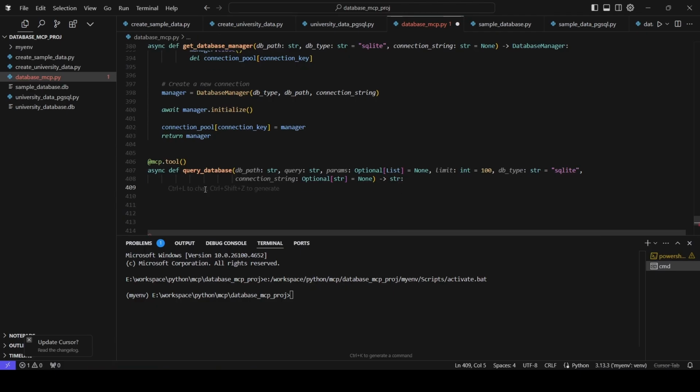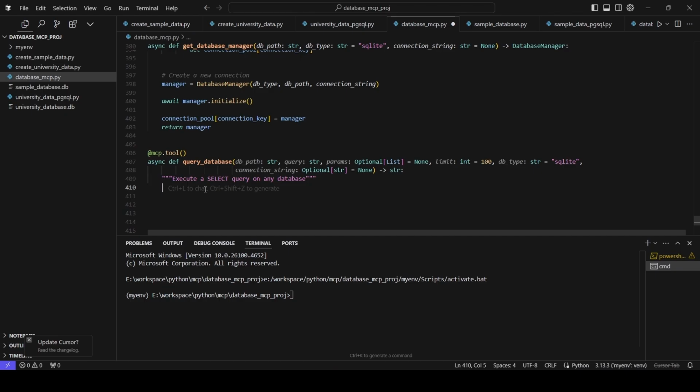Then we will write the docstring saying execute select query on any database. And we will